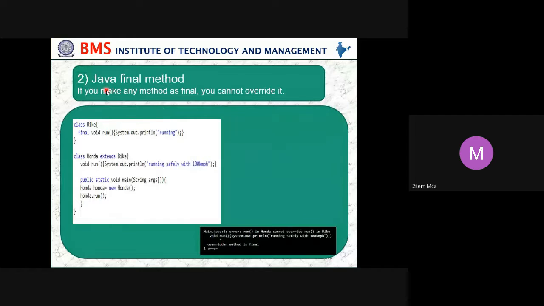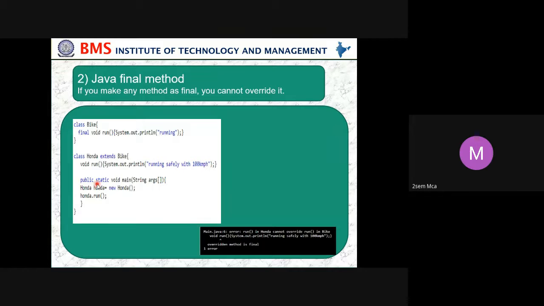Next one, Java final method. Earlier it was for a variable, now for a method. Suppose class Bike, and run is a method which we declare as final, and in it System.out.println just prints "running". We use Honda as a derived class that extends Bike. In it, void run, we change the output to "running safely with 100 kilometers".